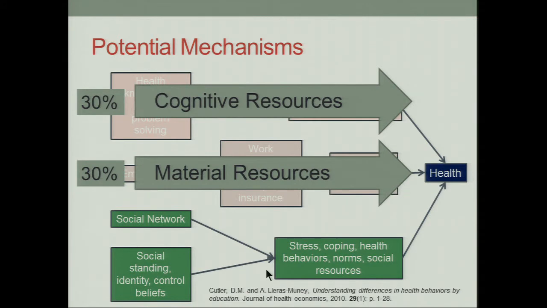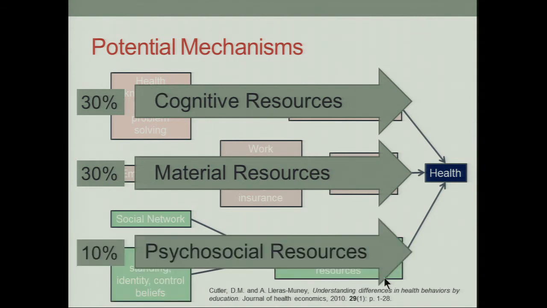The last pathway is sometimes further subdivided, but in their analysis, they sort of included it as one. Refers to this idea that better educated people have better educated friends. And so those friends have healthier social norms. Those better educated people also have a higher social standing, which shapes how they think about the world and also how they think about their place in the world. All of this leads to lower levels of stress, better coping skills, better social support, and again, those healthier health behaviors and norms.